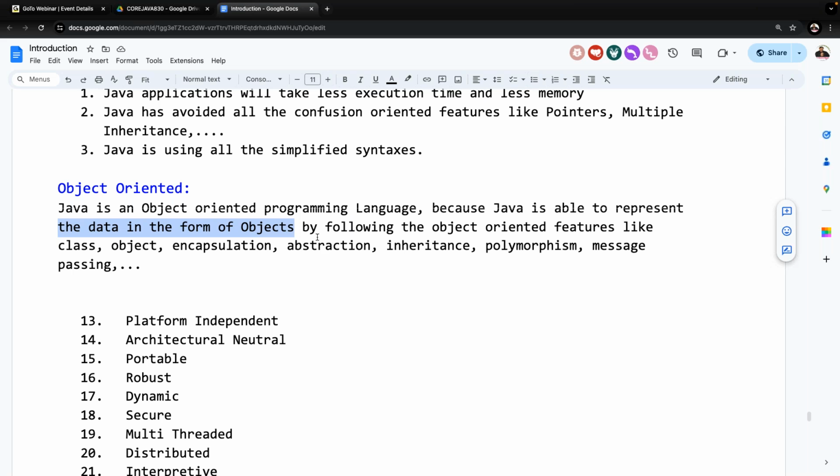Sun Microsystems has not said anything about this point, but as per our awareness we give this convincing answer. Java has not specified anywhere in the documentation that it is a pure object oriented programming language, but our analysis is that it represents maximum data in the form of objects, so Java is a pure object oriented programming language.